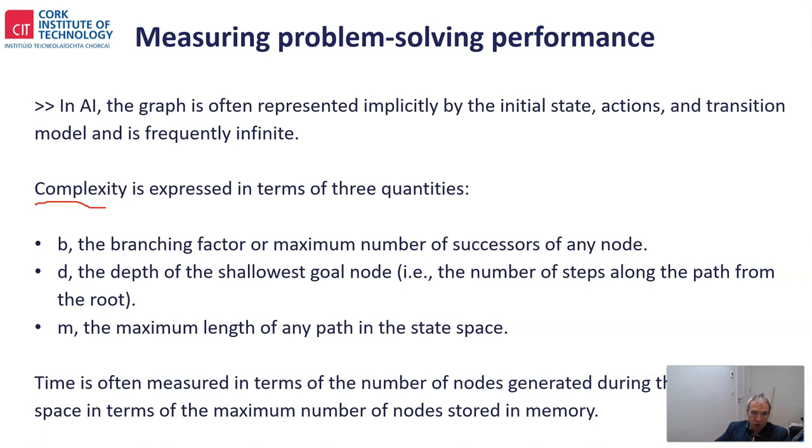And time is often measured in terms of the number of nodes generated during the search, and space in terms of the maximum number of nodes stored in memory. So typically we describe time and space complexity for search on a tree. We ask questions such as how redundant the paths in the state space are,